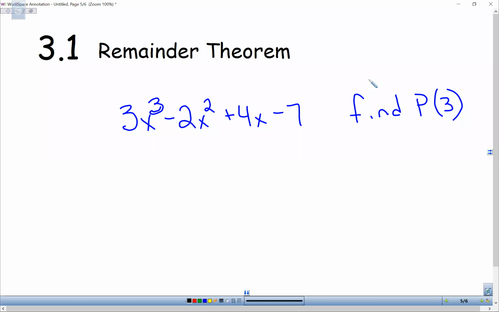Okay, we're still in section 3.1. This is the remainder theorem. So the remainder theorem basically says that if you use synthetic division for a certain value, in this case we're